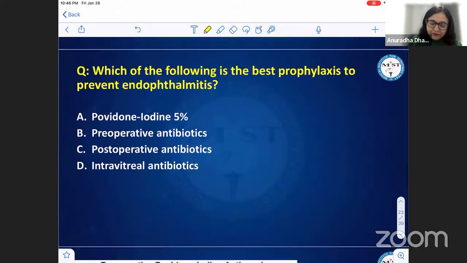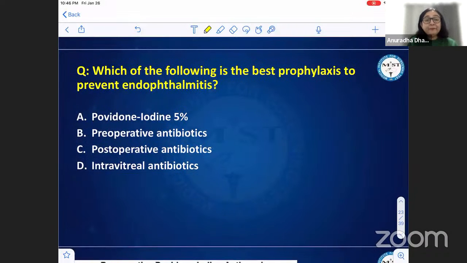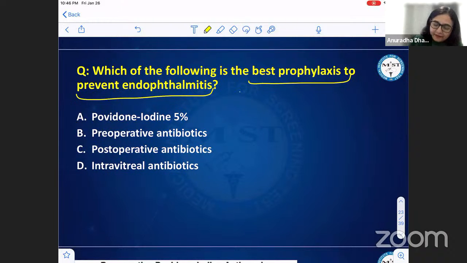Moving to the next question. Again, this was a relatively new question as far as the FMG exam is concerned, but a very important one, I would say, and they might ask a related question in the future also. Which of the following is the best prophylaxis to prevent endophthalmitis? Okay, endophthalmitis after the surgery. Most likely they are asking about after the surgery, or to prevent post-operative